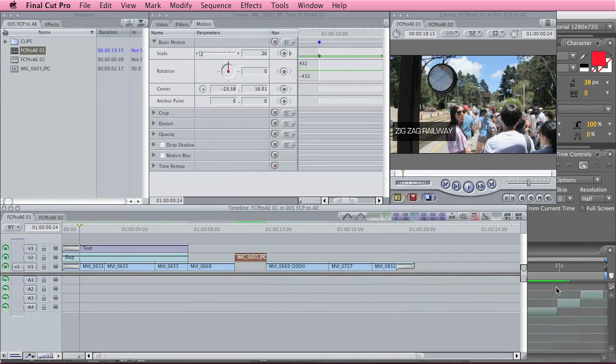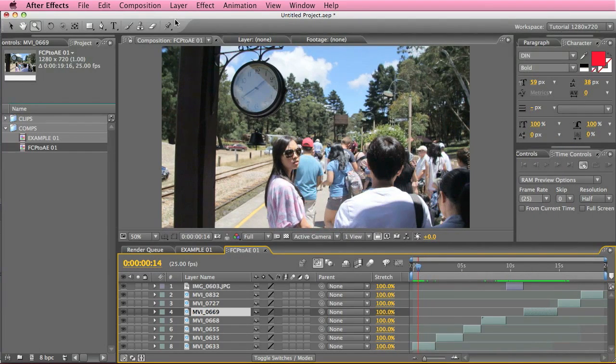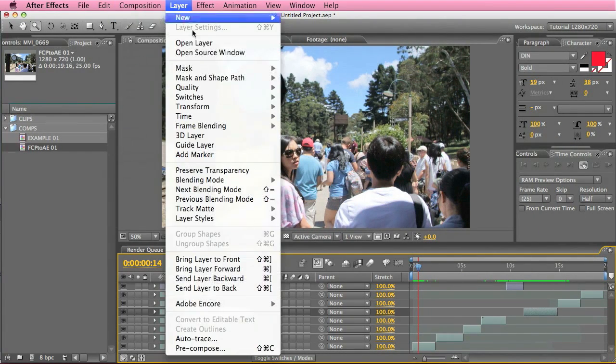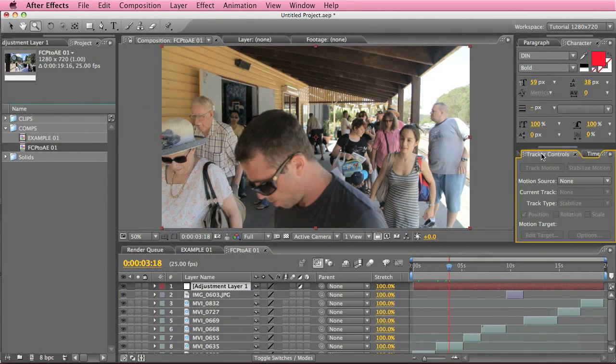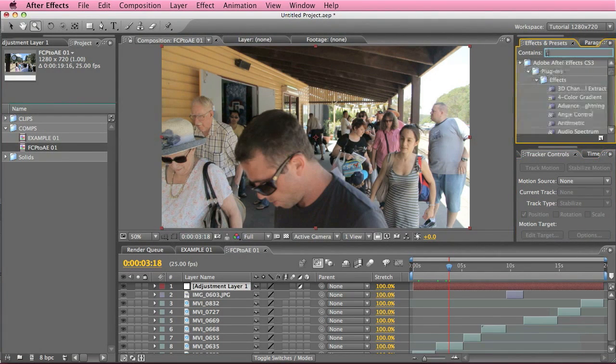And that's really great because now you can just throw your adjustment layer on top of everything and start doing your color grading. Where the heck are my effects in this thing? There we go. So we'll start color grading everything, and it's really great because now you don't have to worry.